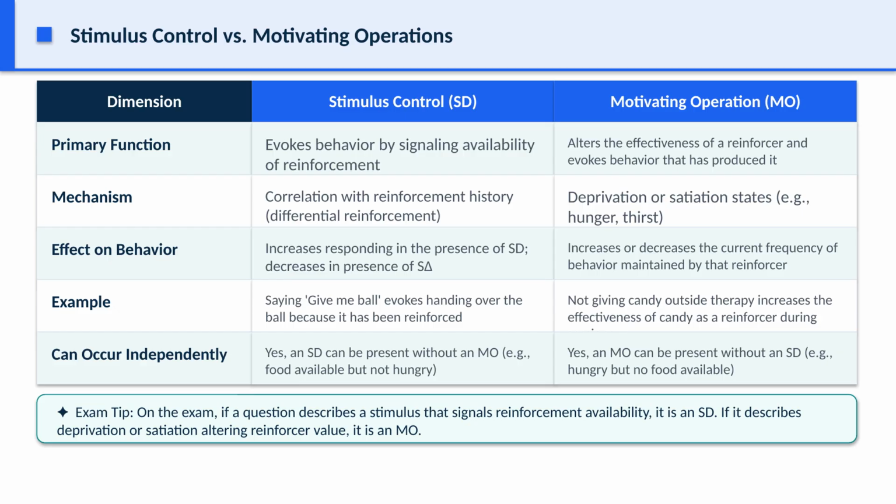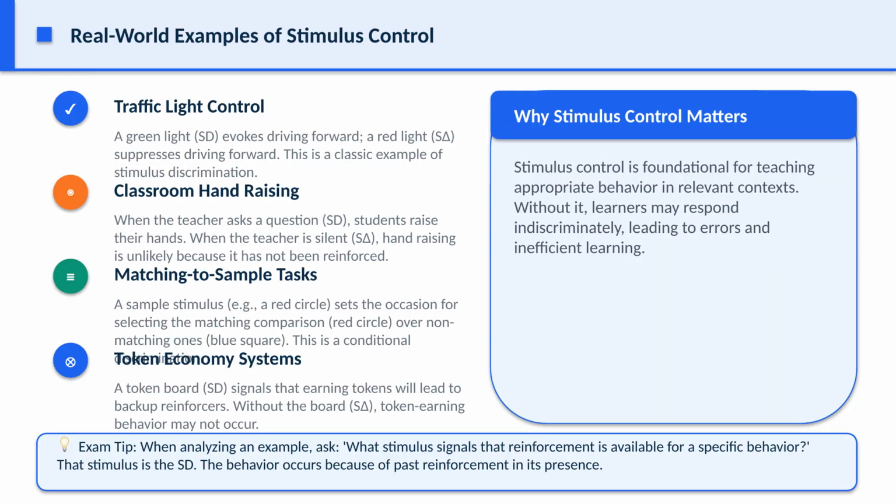For the exam, you must identify whether a behavior change is due to stimulus control, SD/S delta, or an MO, as each requires different intervention strategies, such as discrimination training versus motivating operation manipulations. On this slide, we see how stimulus control operates across everyday and clinical settings, a critical concept for the BCBA